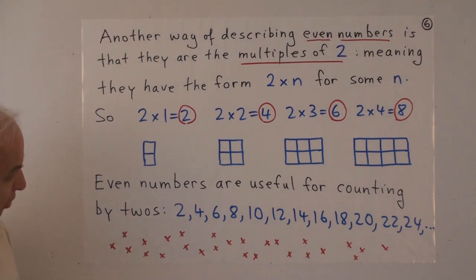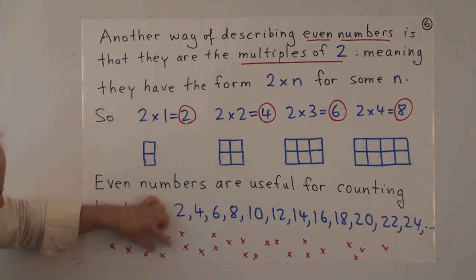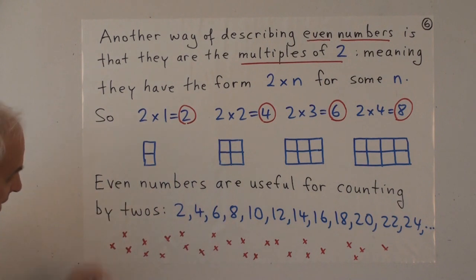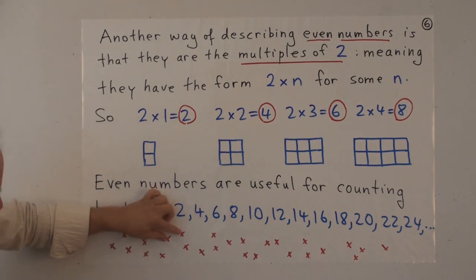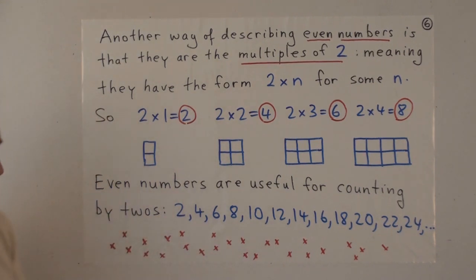But a slightly more efficient way, once you're used to it, is to count by 2s, which involves pairing them up. So that involves a bit of work. So there's one pair, there's another pair, there's another pair, and so on. So we count them off by pairs, and as we do so, we count by 2s.